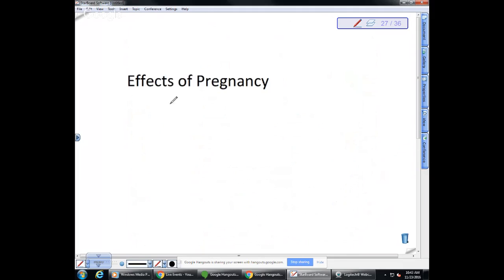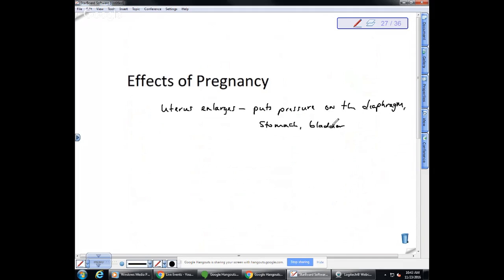One thing that happens is that the uterus enlarges and it puts pressure on the diaphragm. Also on the stomach and the bladder,